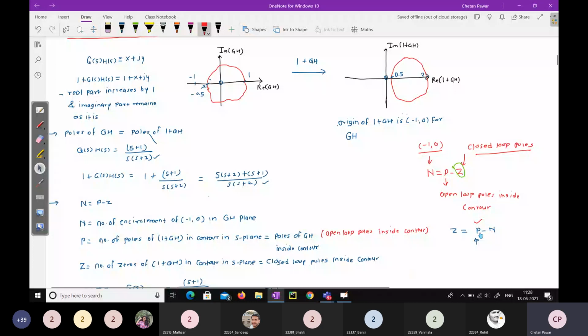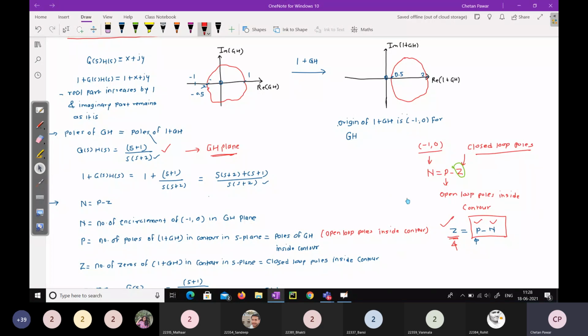So what I will do, I will draw the Nyquist plot for this open loop transfer function. Okay, so that will be in the GH plane, and I will just check the encirclement about this -1+j0 point. Okay, so if I check that encirclement, I will get the value of N. Okay, so by using these two quantities, I will determine the Z. Okay, if I determine the Z, what will I get? I will get the closed loop system stability. So this is the Nyquist criteria. This is the idea behind finding out the stability using the Nyquist plot.